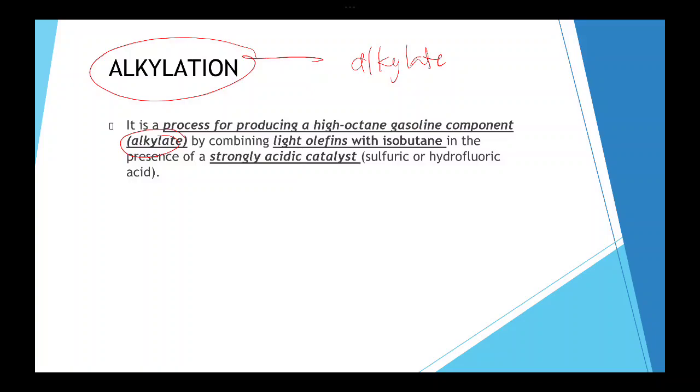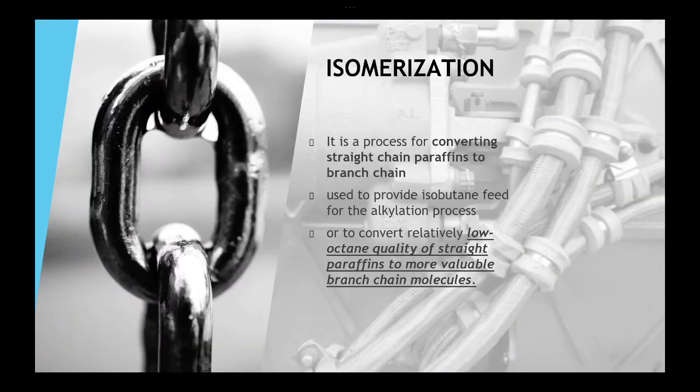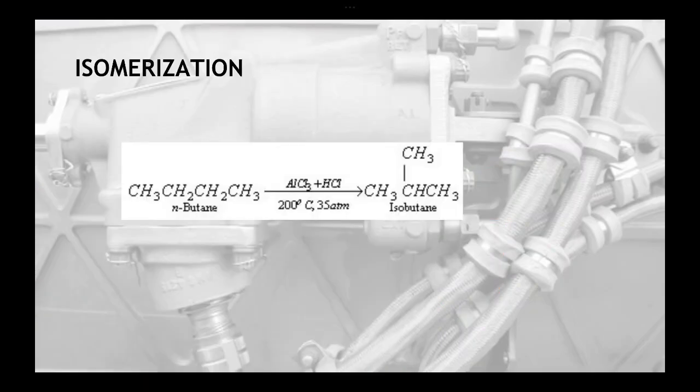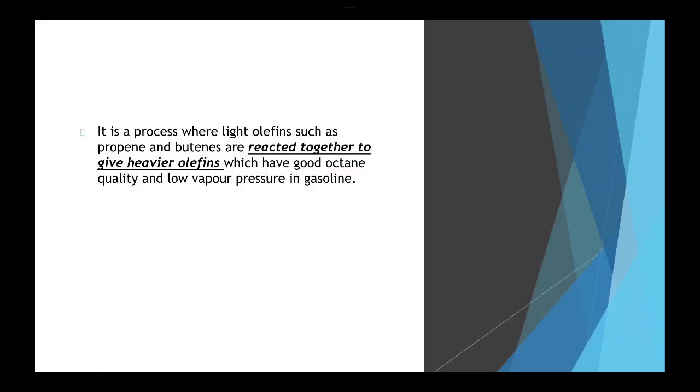So the fourth one is isomerization. Isomerization is the process of converting straight chains of paraffins to branch chains. So take note of this. It is to convert a relatively low octane quality of straight paraffins to more valuable branch chain molecules. So that's isomerization. Okay? And lastly, we do have the fifth one,